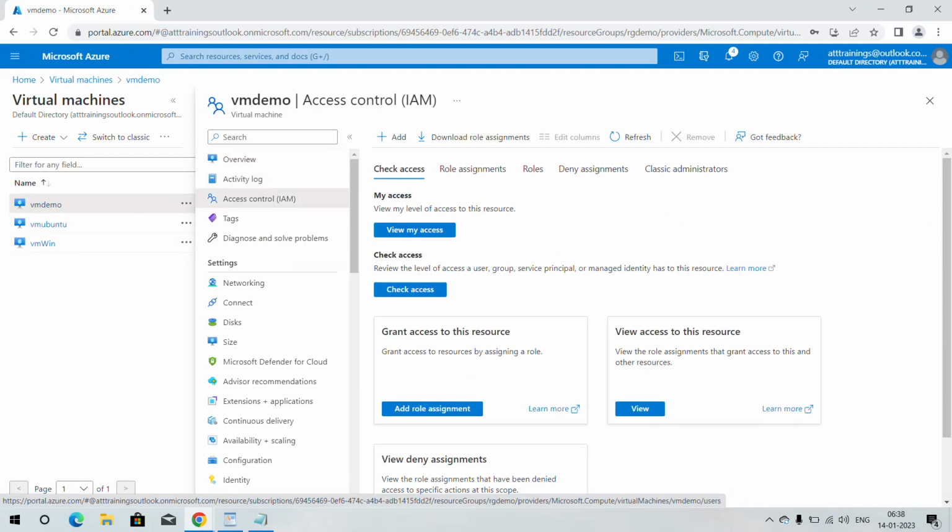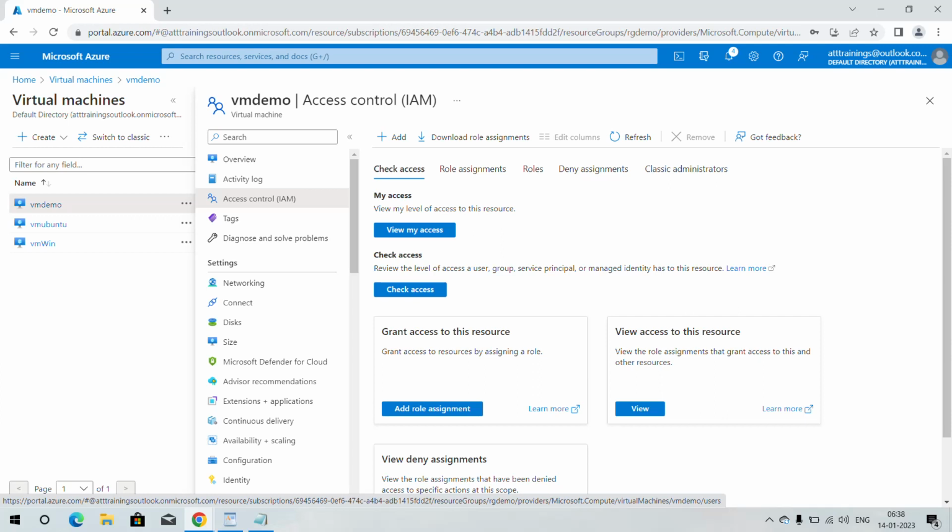I have opened IAM of virtual machine and you can see the same kind of interface is available to this virtual machine. All the resources which are created in the subscription are inheriting the permissions which are given at the subscription.